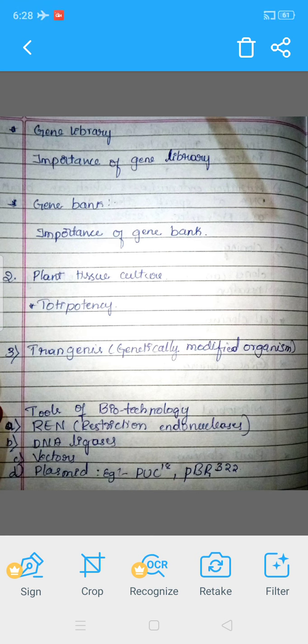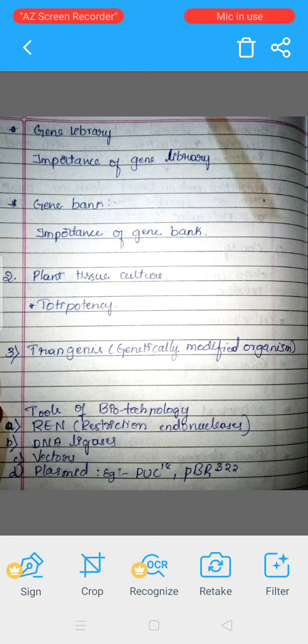These are also called molecular vehicles because they carry the desired gene from the choice organism to the organism of interest, that is the host. There are many types of vectors like bacterial plasmids, lambda phage and cosmid vector and yeast plasmid vector.